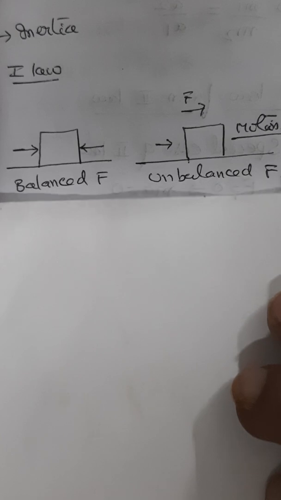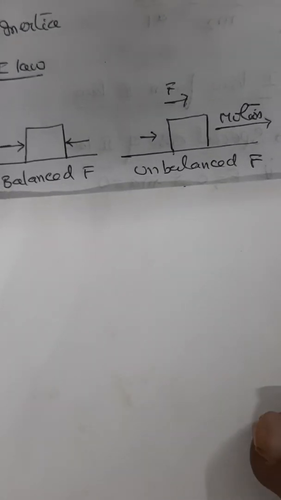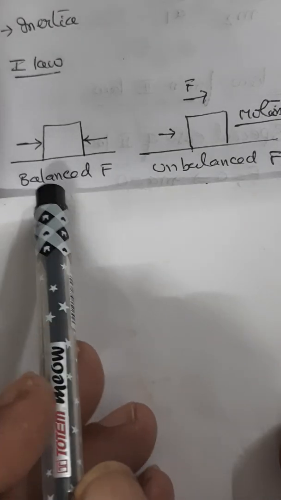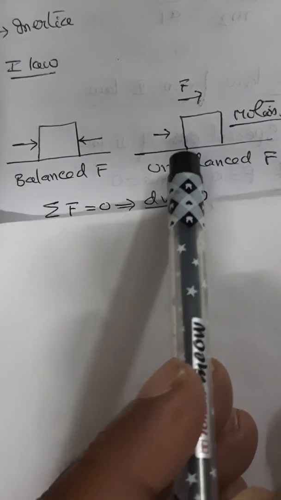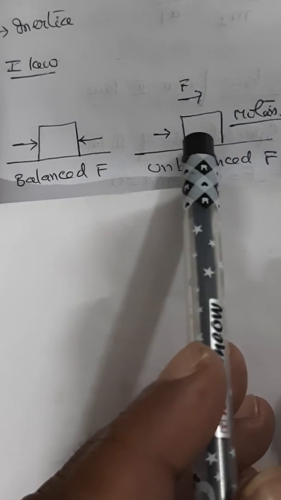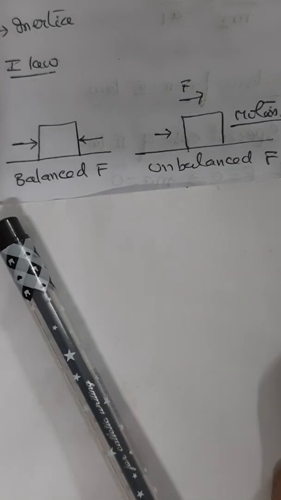So let us understand how we interpret Newton's first law. For example, you take this. The body is kept here. When the force is balanced on either side, there is no motion. When there is a change, it becomes unbalanced. Try to recollect the first law: every body persists in its state of rest or uniform motion in a straight line unless it is compelled to change that state by forces impressed on it. In other words, the velocity of the body remains constant unless the body is acted upon by an external force.